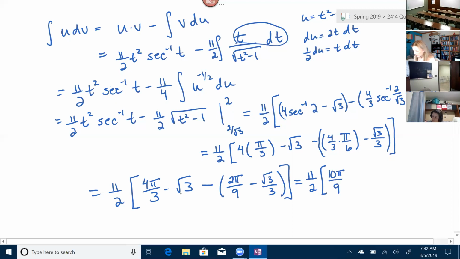And then this is the square root of 3 plus the square root of 3 divided by 3. So you have a whole square root of 3, and that's negative, and then you're adding a third. So that's going to make negative 2/3 square roots of 3. And then that should be it. Okay. Make sense? Yes, I think I must have. I had something somewhere that